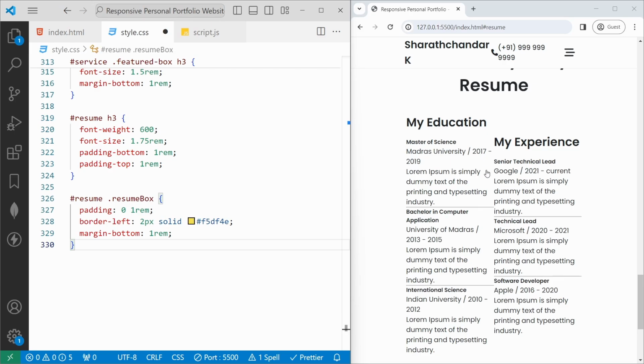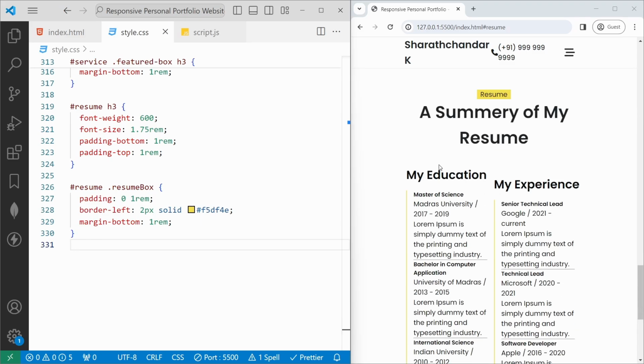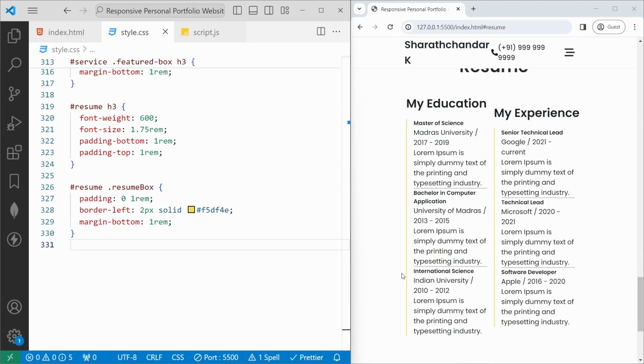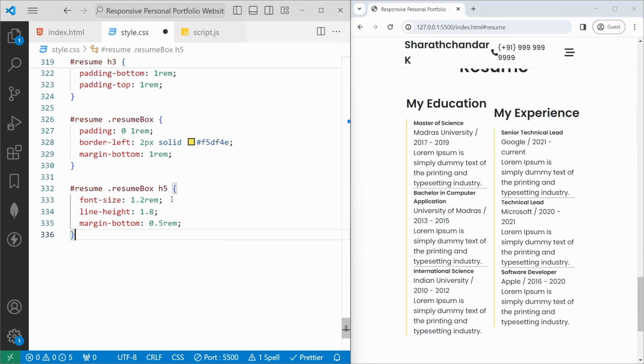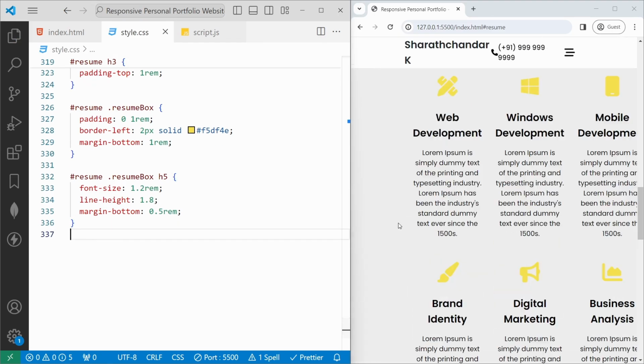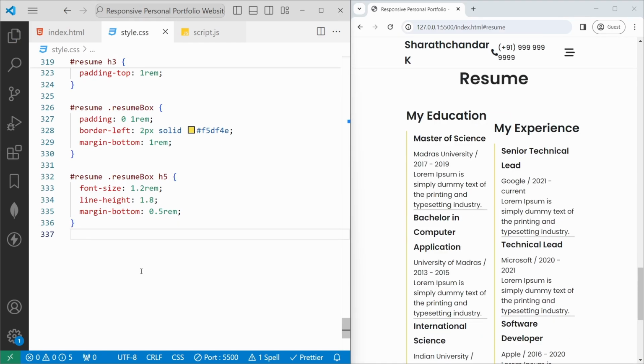We have added this as a resume box, and I add the border left as 2px solid yellow. If I save, here we can see the resume box border values. Then we'll add the styles to this master of science, and for each value we'll set the font size to 1.2 rem, line height and margin bottom. If I save, now we can see the styles, and then we'll set the resume description